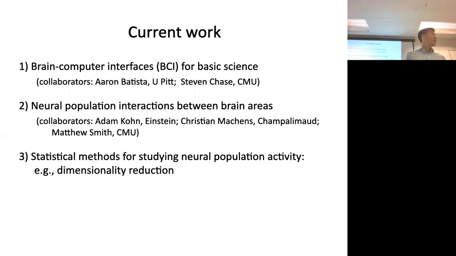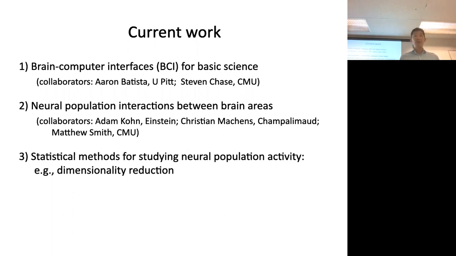The second category of projects involves studying how populations of neurons in different brain areas interact with each other. And as you probably know, think of any brain function that we use on a daily basis, whether it be any sensory function or decision making or any motor function. It involves interactions between brain areas, and our understanding of how populations of neurons interact to enable these functions is still sort of at its infancy.